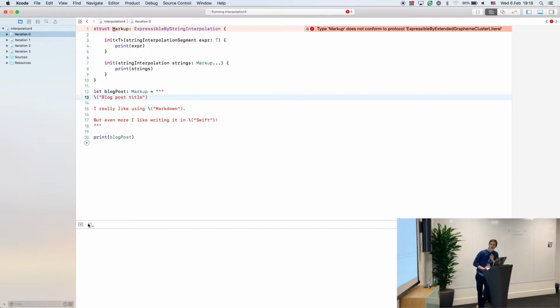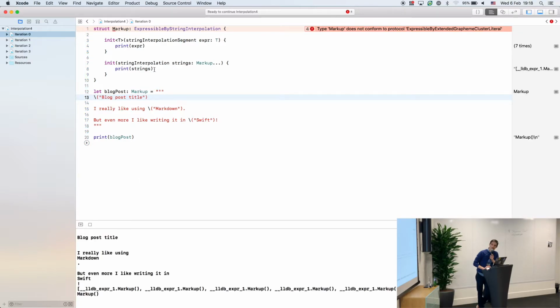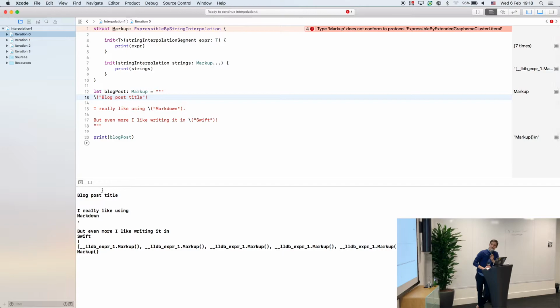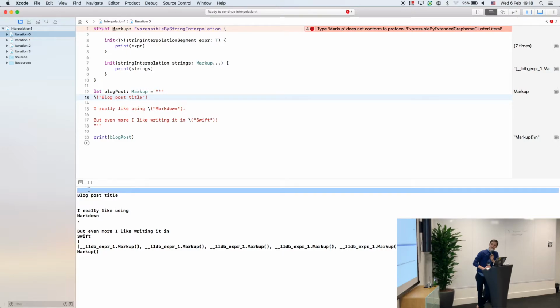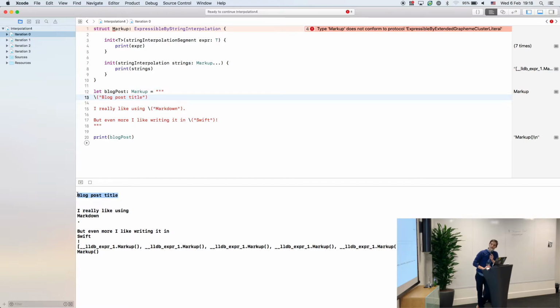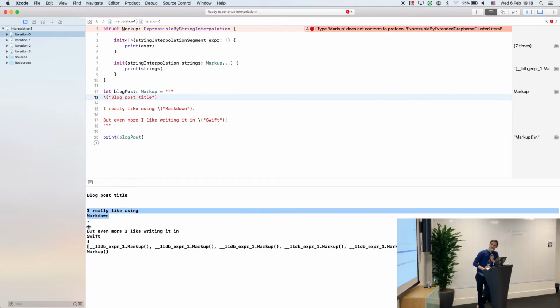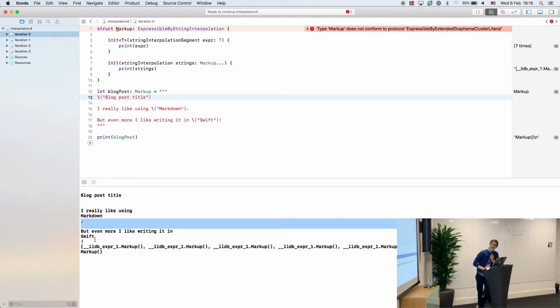But let's look at what it will output, and we print the result of the parameters of each constructor. So here in the output, you will see that first it passes an empty string to the init with string interpolation segment constructor. Then it passes the first interpolated variable. Then it passes the next string segment, then another variable, then the next string segment, and finally another variable. And then it passes the array of all these markup objects created for each segment